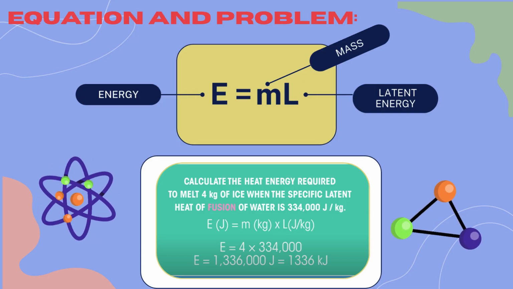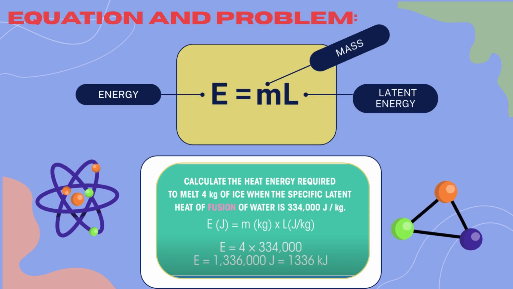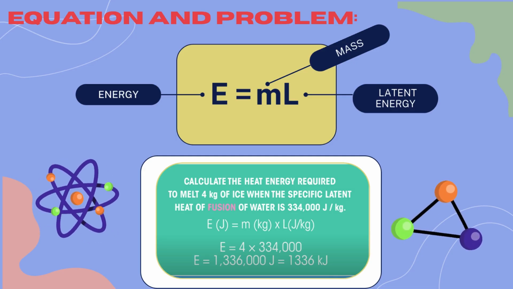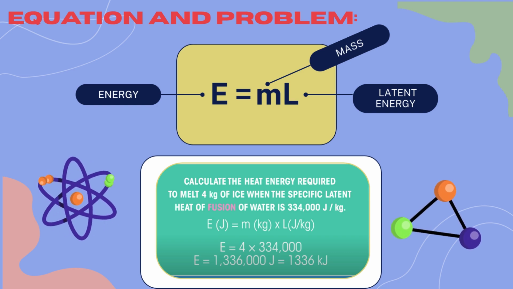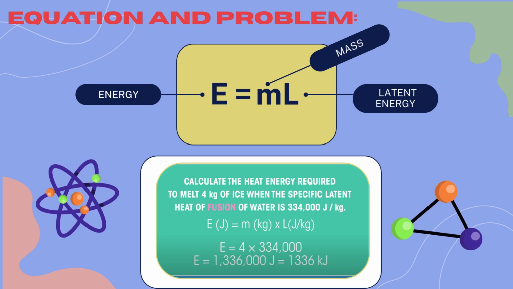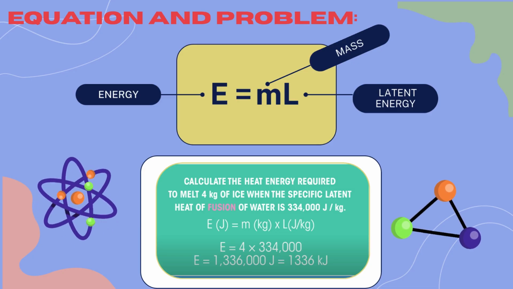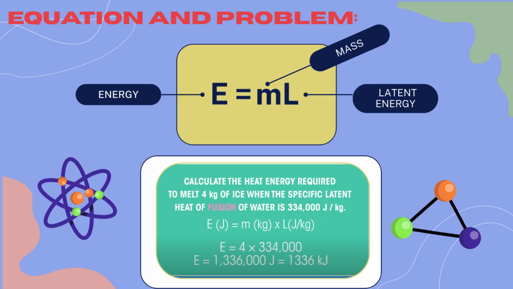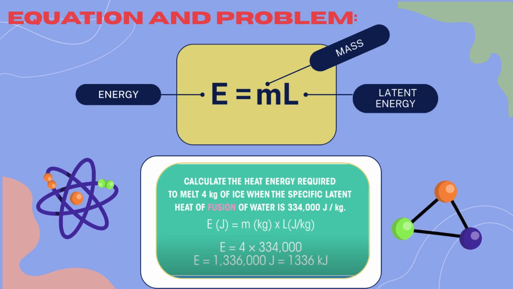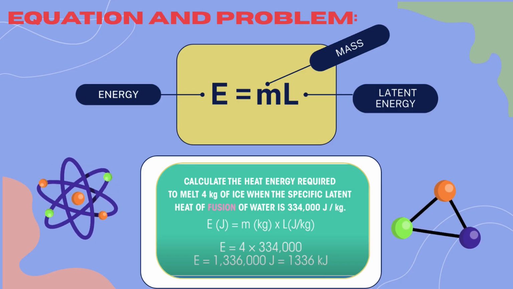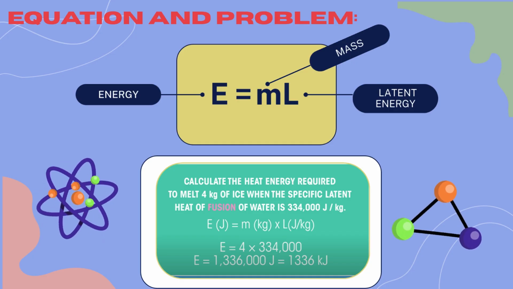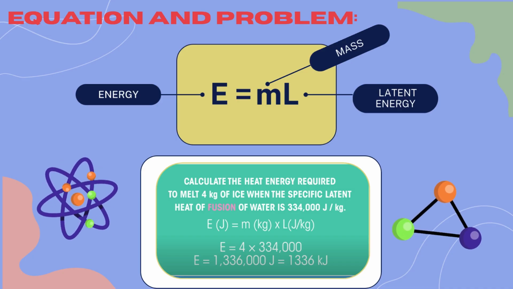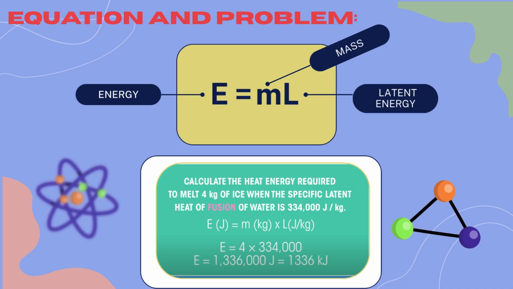In this example, the mass of the ice is 4 kilograms, and the specific latent heat of fusion of water is 334,000 joules per kilogram. Now, we substitute these values into the equation. So E equals 4 multiplied by 334,000. When we calculate this, we get 1,336,000 joules of energy. This large amount of energy is needed even though ice stays at 0 degrees Celsius while melting. The temperature does not increase because the energy is used to break the bonds